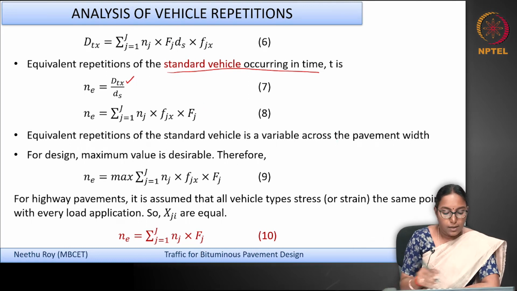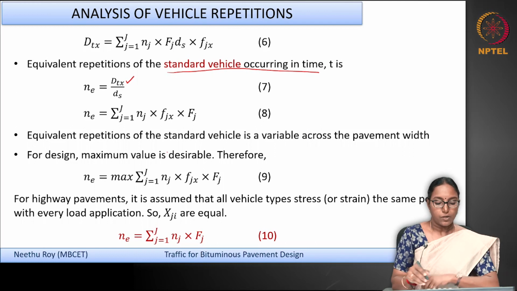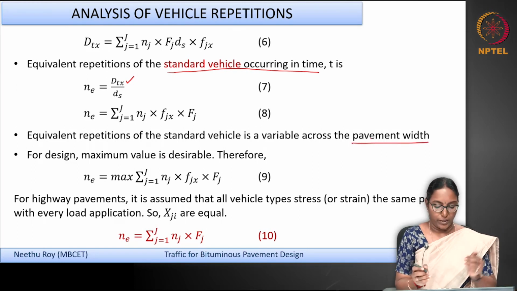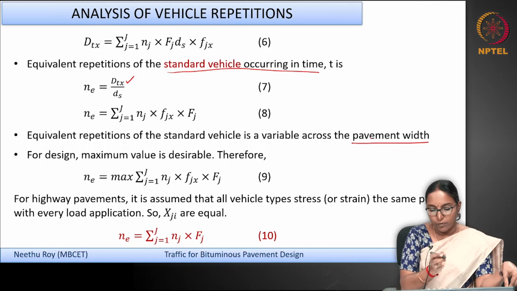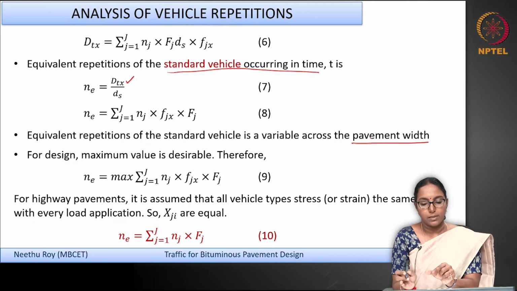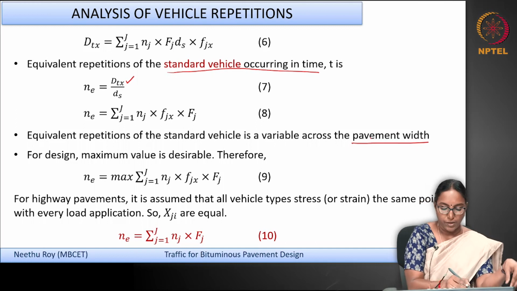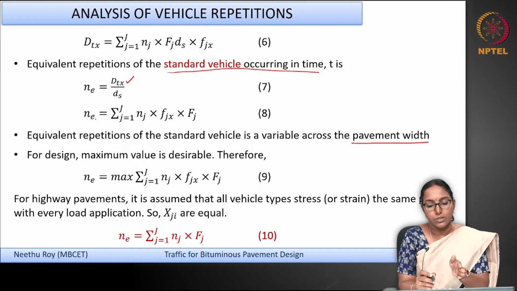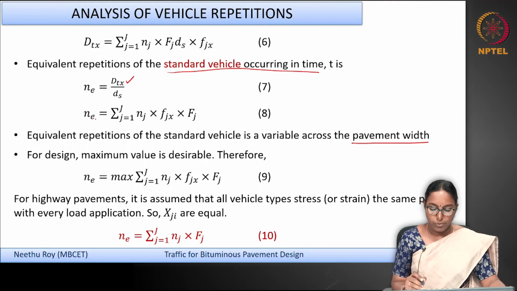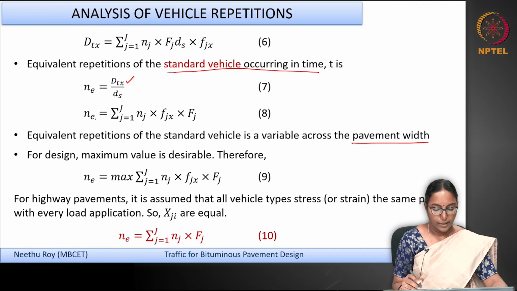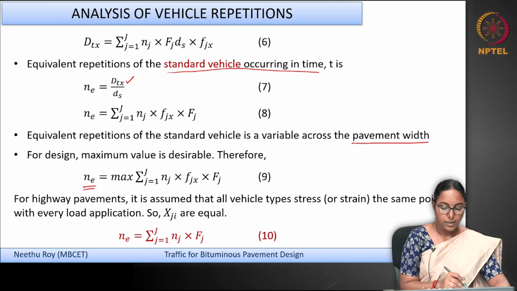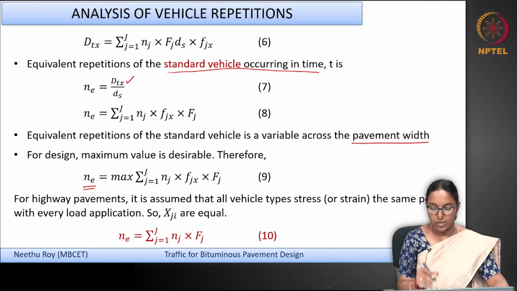So what you see is that this equivalent repetitions of the standard vehicle is a variable across the pavement width. So at various pavement widths, you will get different numbers of repetitions for failure. And as far as the design is concerned, we are interested in finding the maximum number of repetitions which can cause failure. So NE, for the design, the number of repetitions is taken as the maximum of this nj, fjx and